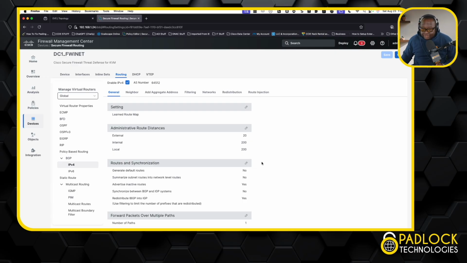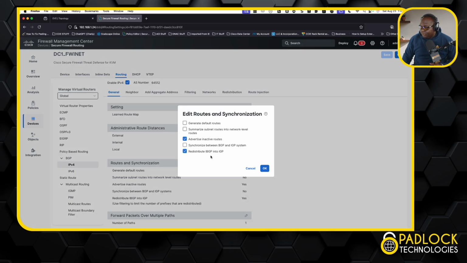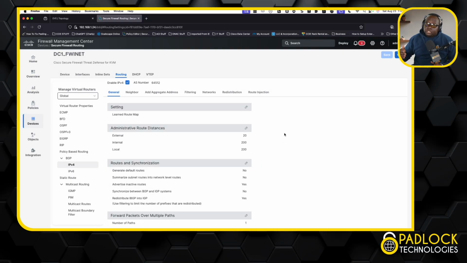And that's the answer. I hope you put that in the comments, because if you don't, you need to start reading Routing TCP/IP Volume 1 and 2. Those two books will make you cry, but it will make you smart. So we have it here, redistribute IBGP into IGP. That's going to help me redistribute my routes from my SD-WAN fabric to the data center. And I'll show you that when I look into the core switch. And then from a redistribution standpoint,